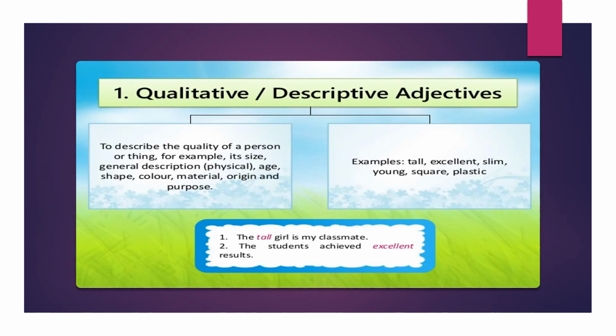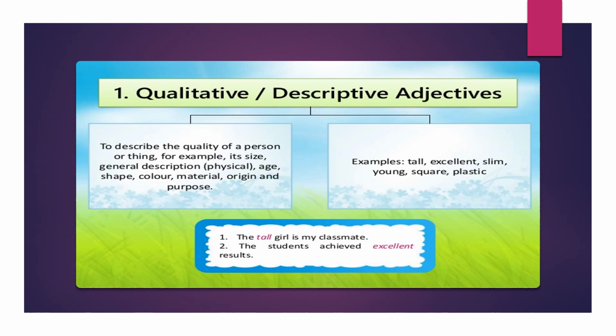First, qualitative or descriptive adjectives. So qualitative or descriptive adjectives are those that describe a certain quality of a person or a thing. For example, the example that I've written here also, that the tall girl is my classmate. So which girl is my classmate? Of all the girls that are there, I'm only talking about the girl who's tall, and that tall girl is my classmate. So tall is a word that is giving you a quality or a description of a noun, which is girl here. Therefore this tall becomes an adjective.